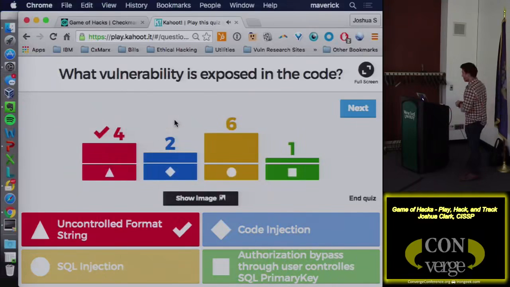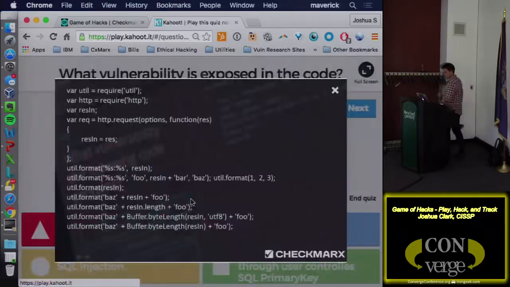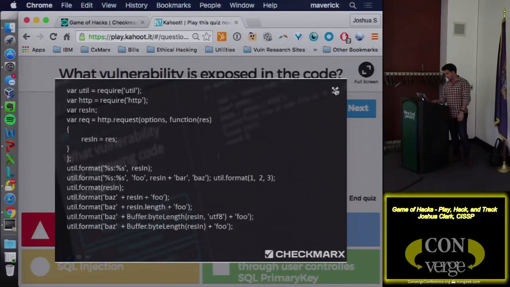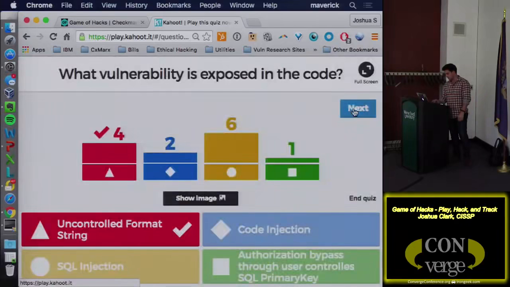4. All right. So yeah, basically the problem with this one, if we look at the code here, we have a response here that we pull in, or basically we pull in the request, and we use that to do an uncontrolled format string in this case. So again, we want to validate input in this case, but pretty straightforward here. All right, let's go to the next one.